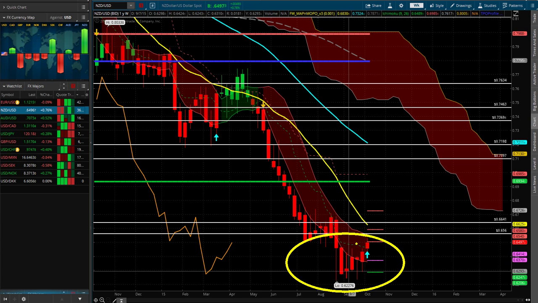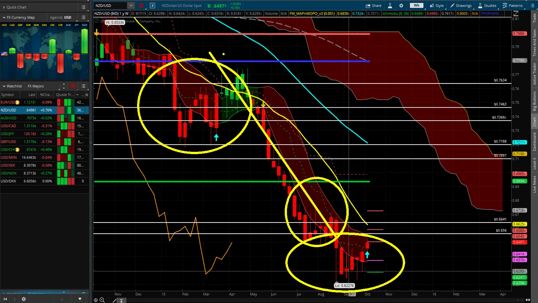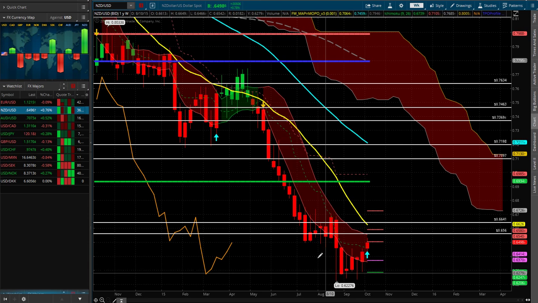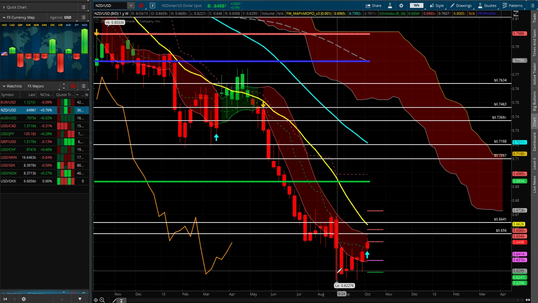Timing-wise, it's all about time with W.D. Gann. Is this going to be the final low? I thought the low was here, and look what happened. We went all the way down here, all the way down. So that's the key. I'll be doing analysis on this one, and then figure out if this could be a possible low.